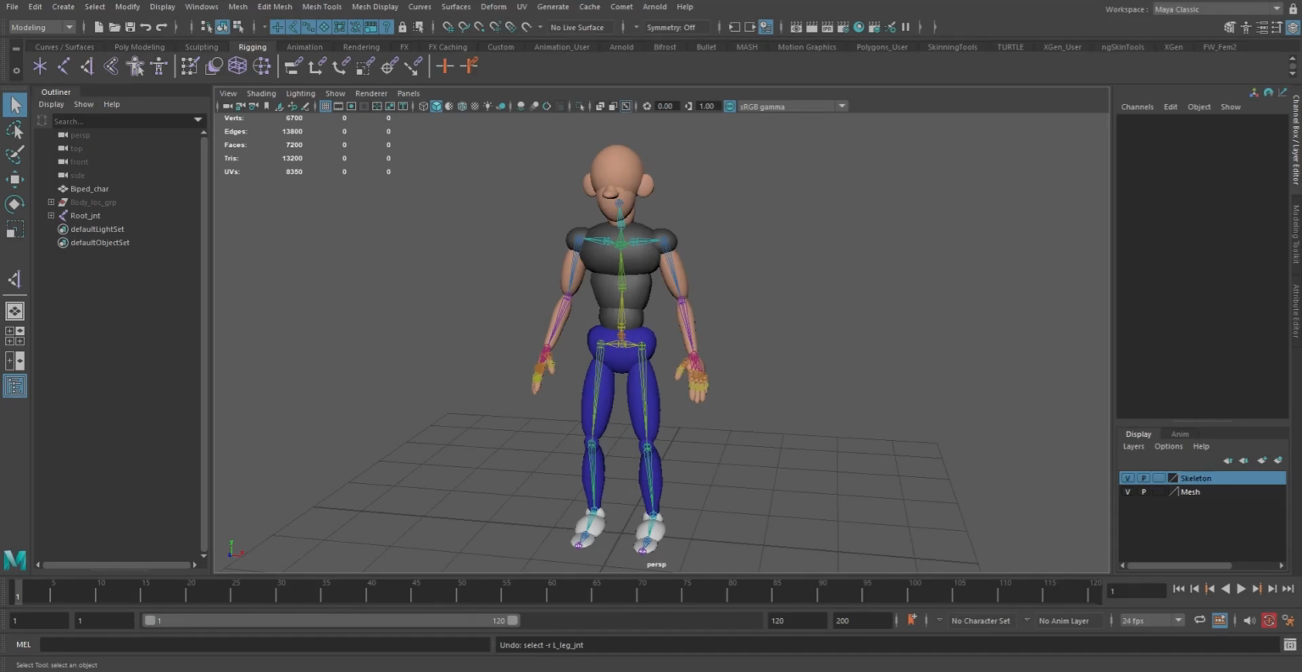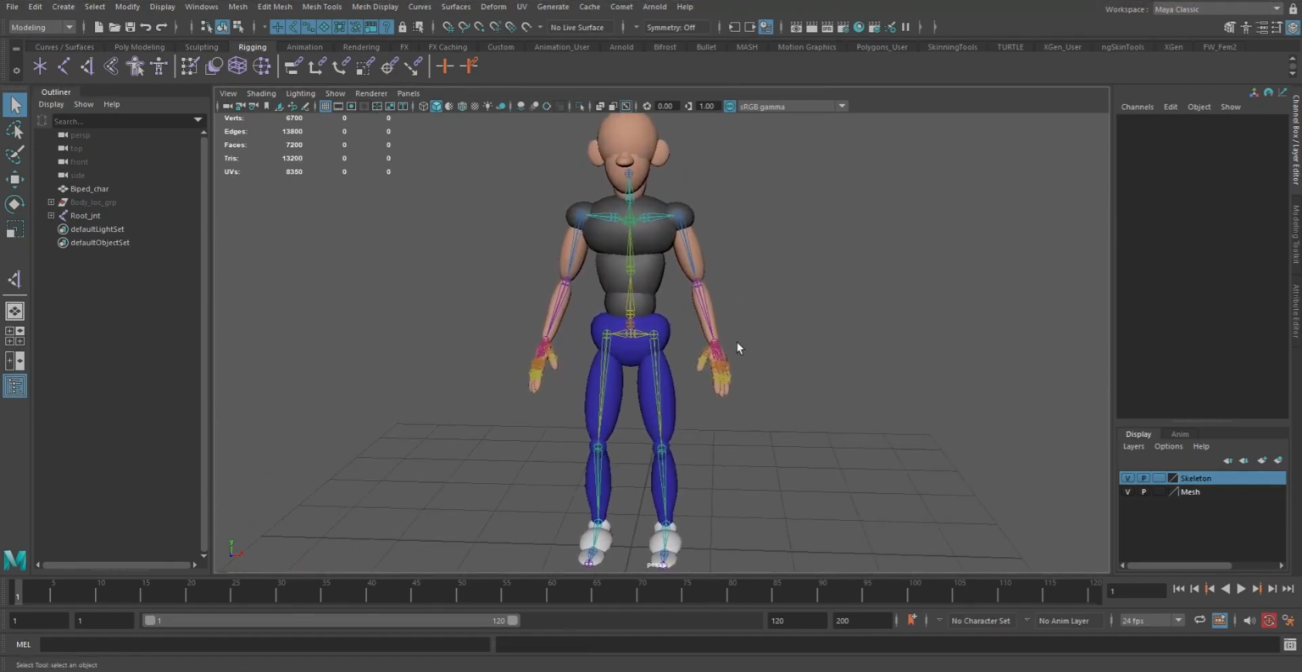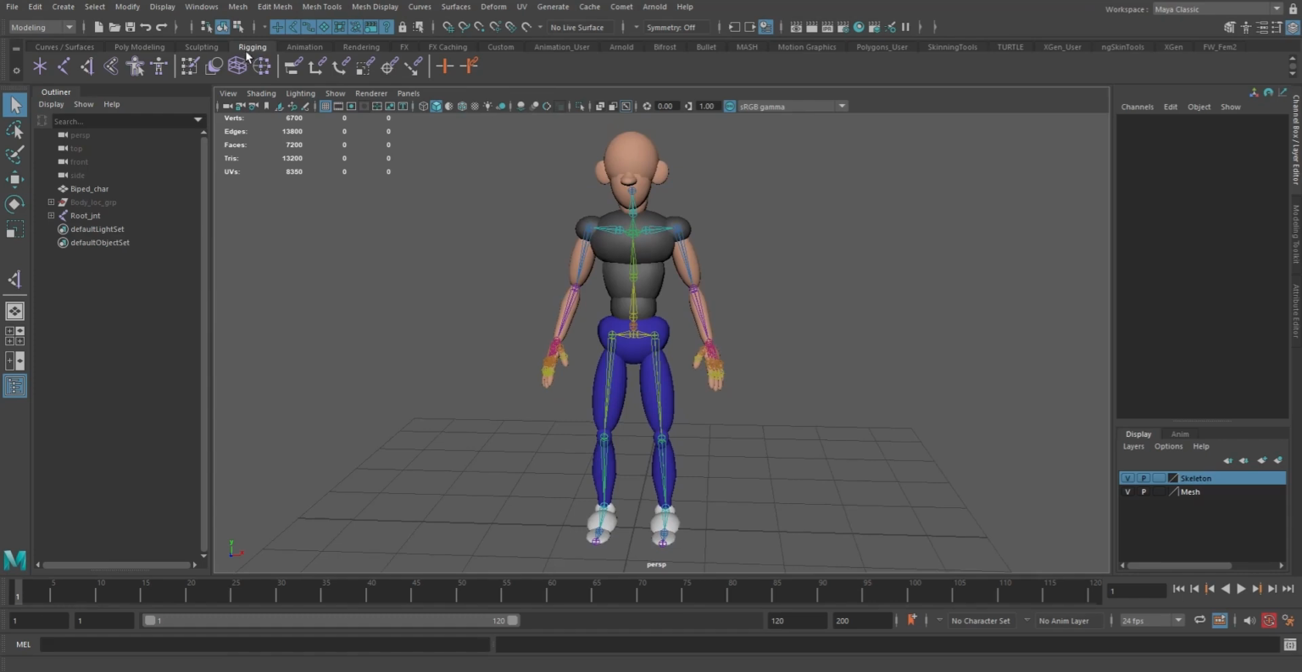Alright, so welcome back, and we're going to start on the IK legs now. To do so, open up the sphere biped file, and we should have our skinned character. We'll go to the rigging shelf, and right here there's a create IK handle. If you hold down Control and click on that,